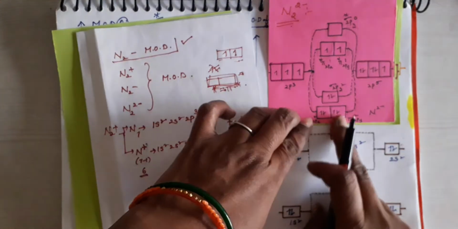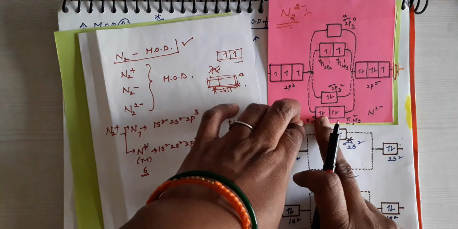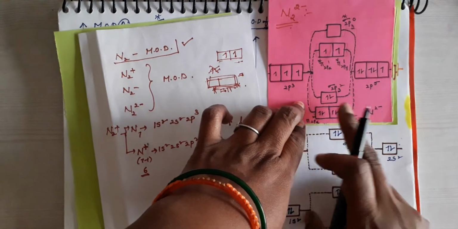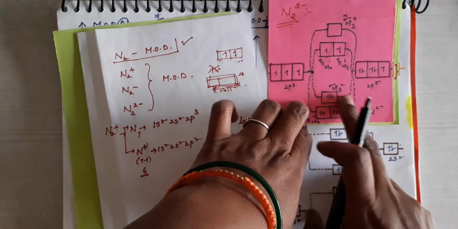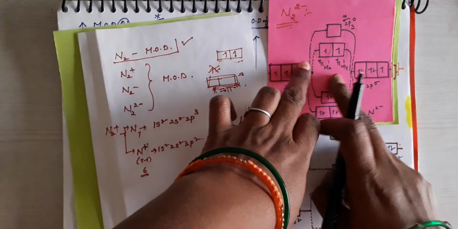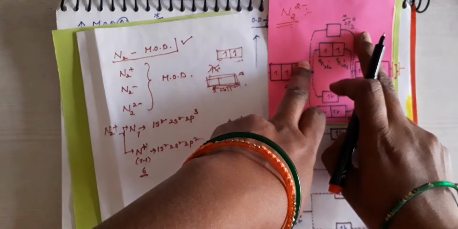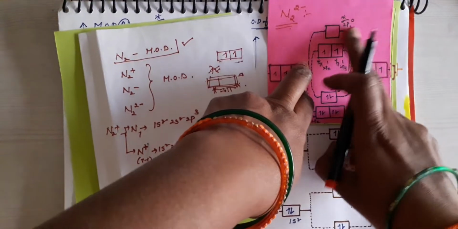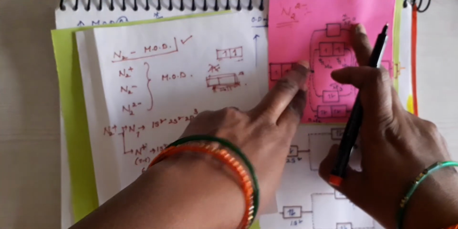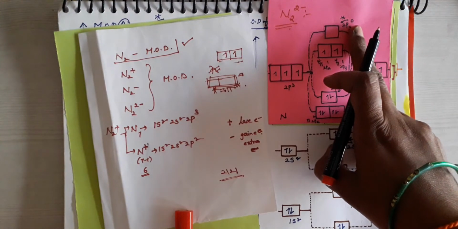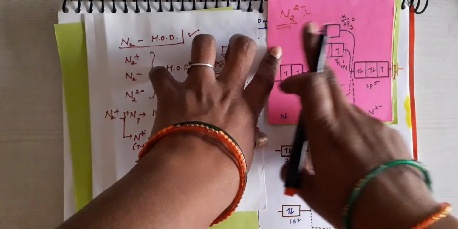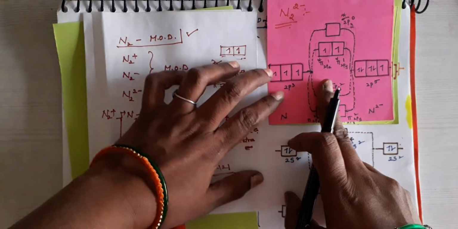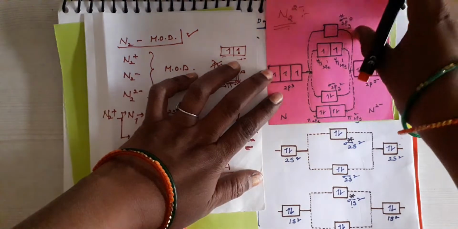It is for N2 2 minus. What is it? Pi 2px square, pi 2py square, next sigma 2pz square, pi star 2px1, pi star 2py1, sigma star 2pz 0. Here electrons are absent, due to that reason I wrote a 0. So this is for the N2 2 minus ion. Now we have to write properties based on this